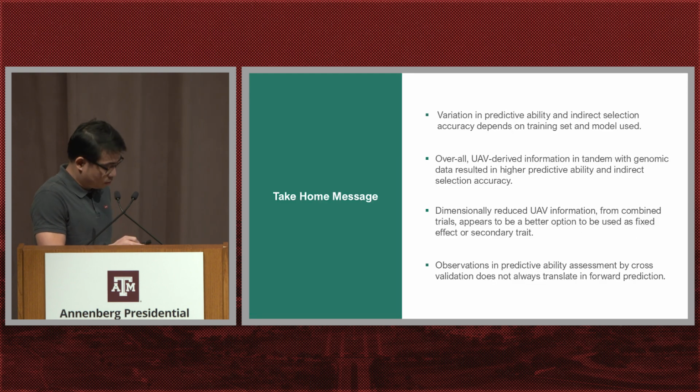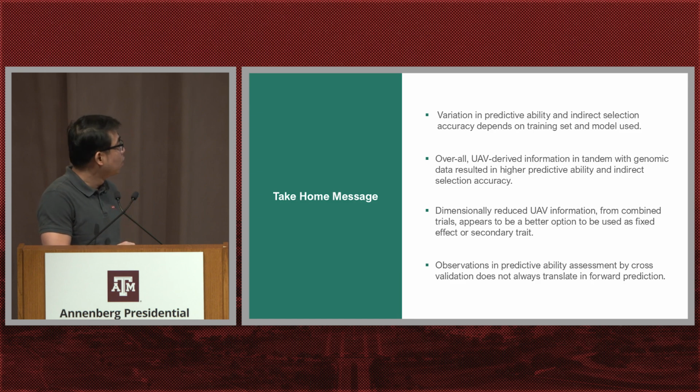So with that, we see that there is a variation in predictability and prediction accuracy depending on the training set and the model that you used. Also, overall, UAV-derived information in tandem with genomic data resulted in higher predictability and prediction accuracy over using genomic prediction alone or using phenomic